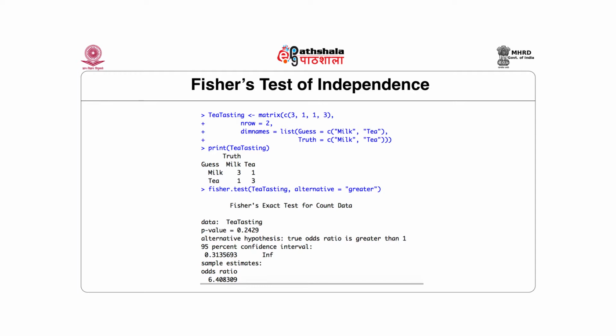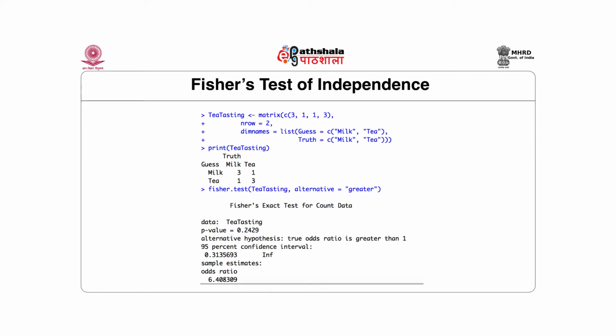So the truth was that milk was added first, and the guess was recorded as to whether the tea was added first or milk was added first. So milk added first and then the tea would be correctly guessed. And we should see that